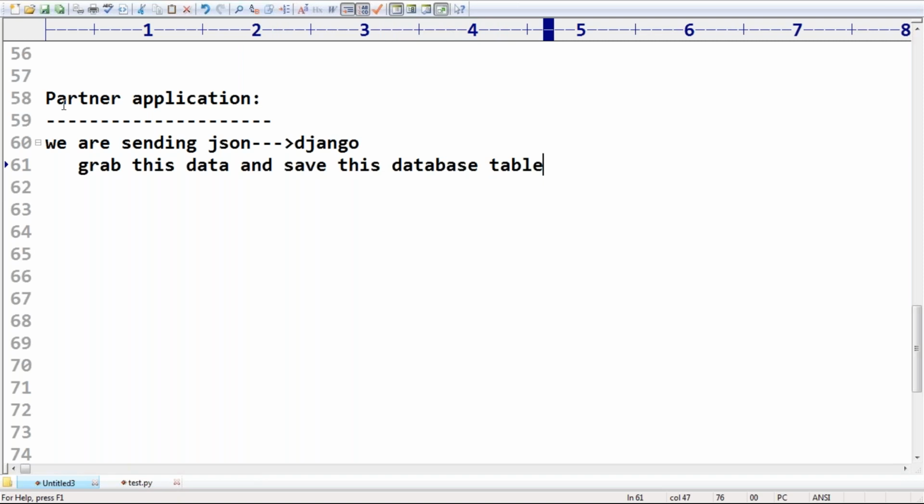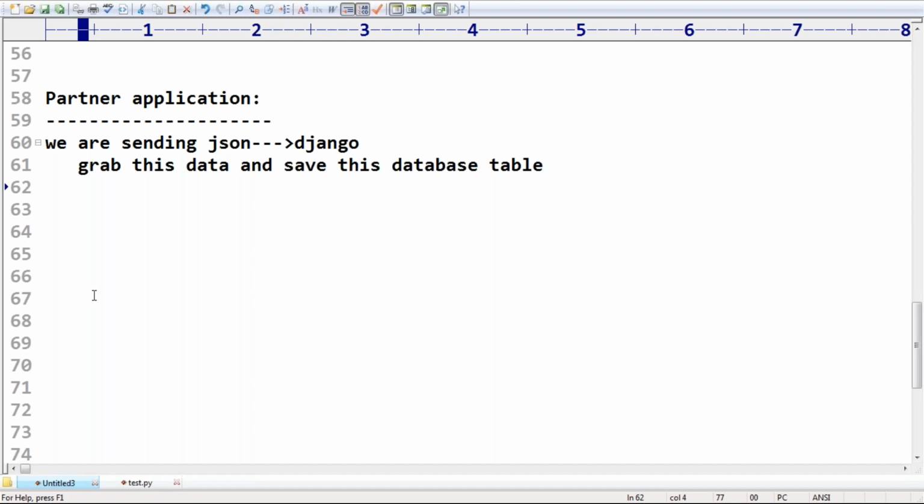So the first thing we have to discuss is whether the client, the partner application, provided valid JSON or not. Maybe he is providing some invalid JSON. Then can you insert this record? Meaningless. So first we need to check whether the partner application is sending JSON data or not. This is a very important point, sir. So how to check whether this person is sending JSON data or not?